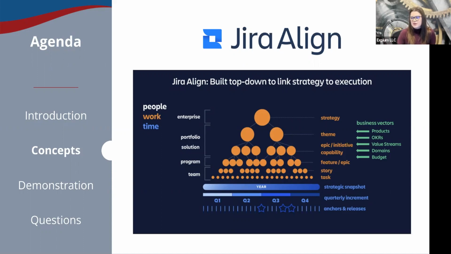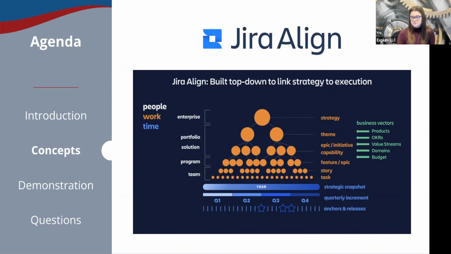We can break that down into strategic themes that are broken down into our epics, where we're again doing our budgeting. We are really trying to decide what we are going to work on as an organization. We may have our capabilities in the mix, but most commonly we're going from our epic layer to our feature layer, that work we're trying to deliver in a program increment. And then our teams are breaking those features down into their stories or tasks that they are working to complete